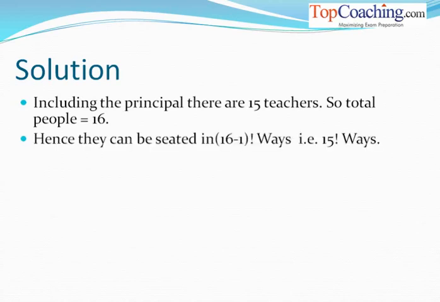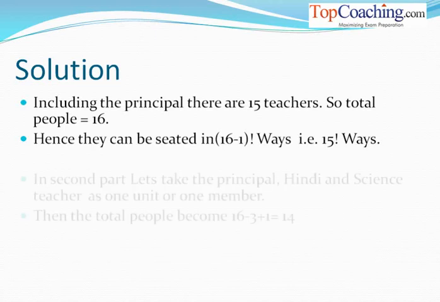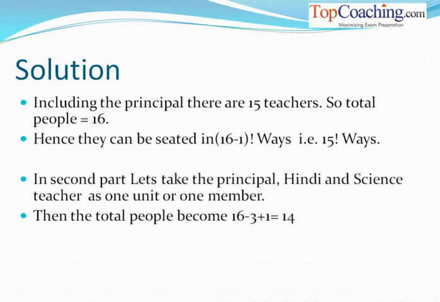Now we know that the number of arrangements around a circular table, or the circular arrangements of n objects where anti-clockwise and clockwise arrangements are different, is equal to (n minus 1) factorial. So in this case n is equal to 16, so it becomes (16 minus 1) factorial, that is 15 factorial ways. In the second part, the condition is the Hindi teacher and the science teacher sit on either side of